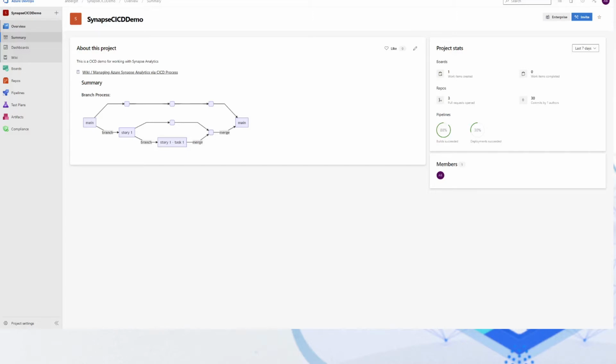A user story is created, right? You then branch to that story, and then in that story, well, if you're working alone and there's non-iterative